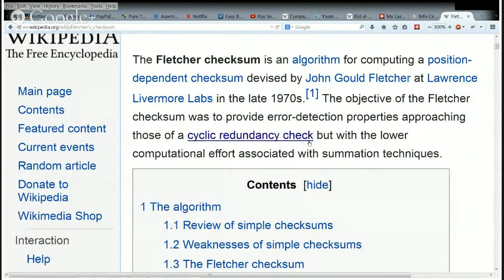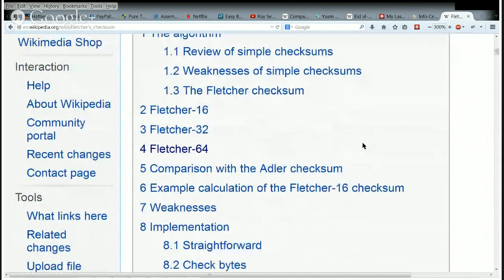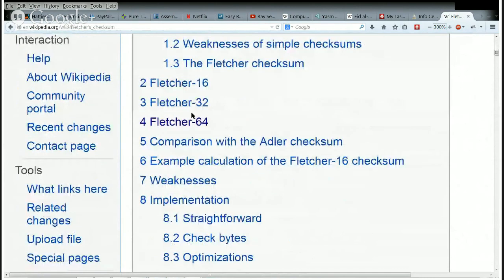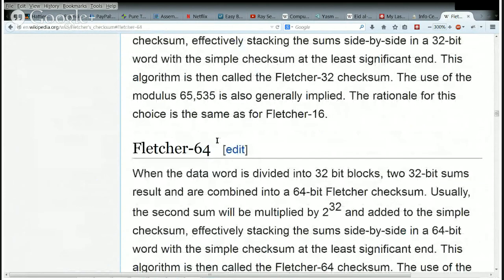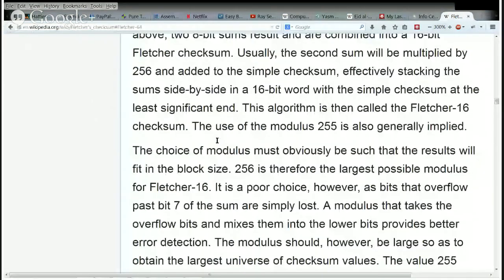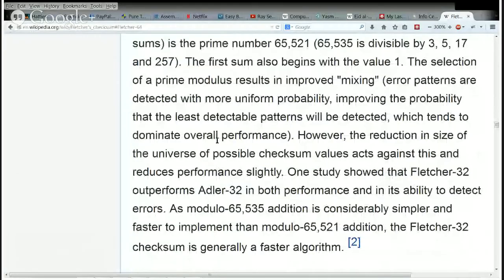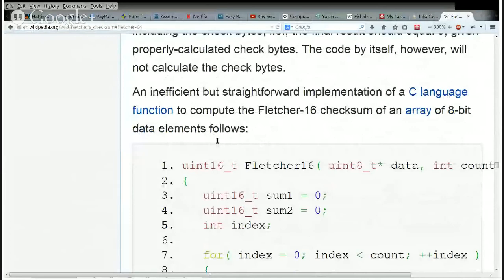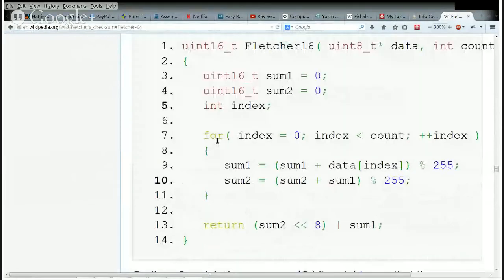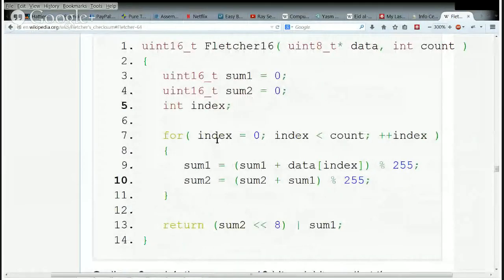It says to provide error detection properties approaching those of a cyclic redundancy check with lower computational requirements. So let's see what Fletcher 64 looks like. Well, maybe the code will be in here. All right, here's Fletcher 16, which will give a flavor of how this works.